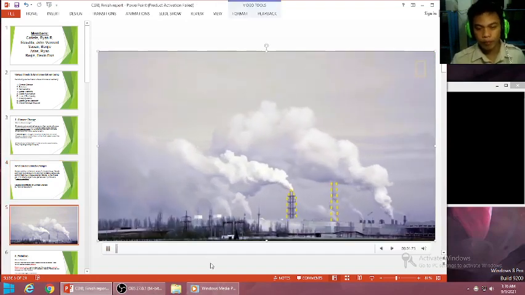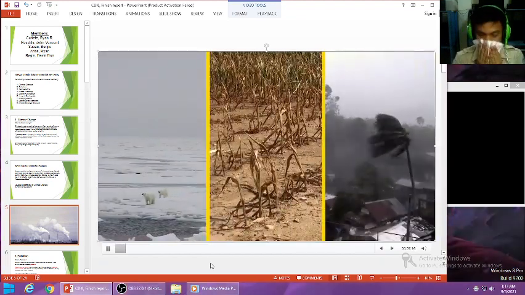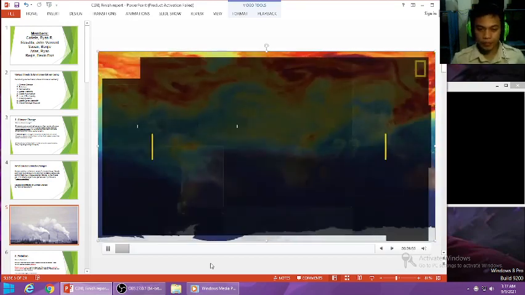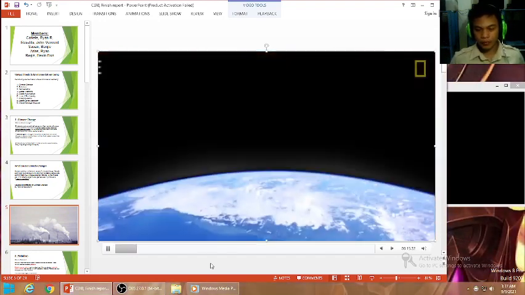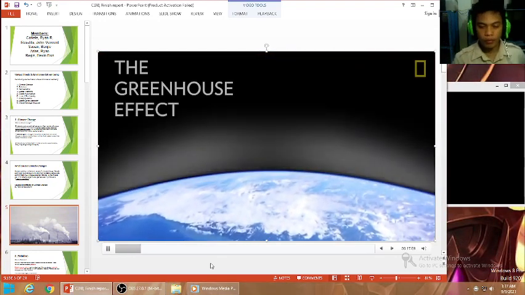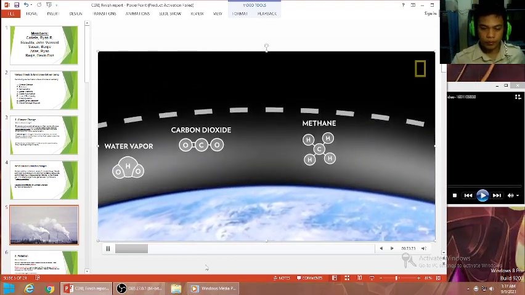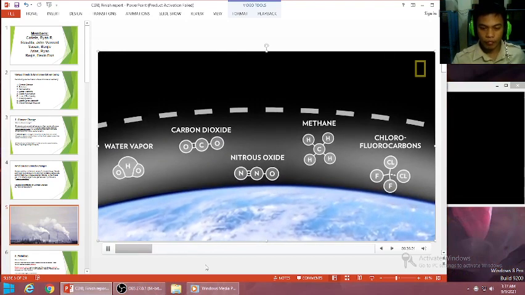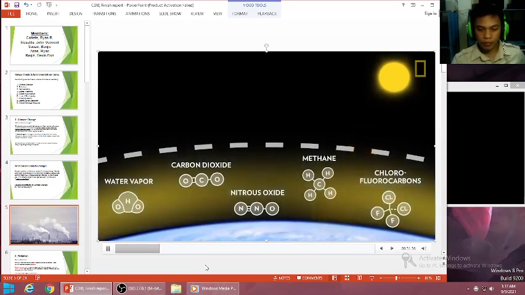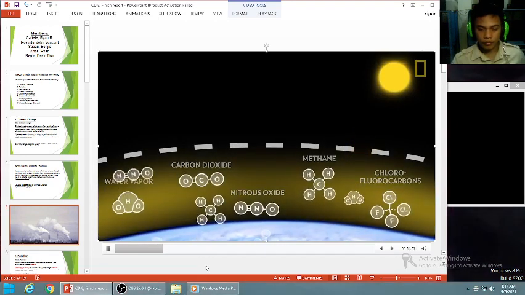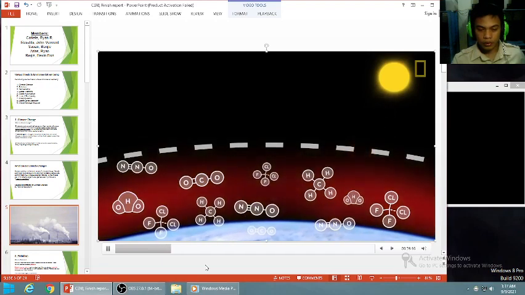Human activities, from pollution to overpopulation, are driving up the Earth's temperature and fundamentally changing the world around us. The main cause is a phenomenon known as the greenhouse effect. Gases in the atmosphere, such as water vapor, carbon dioxide, methane, nitrous oxide, and chlorofluorocarbons, let the sun's light in, but keep some of the heat from escaping, like the glass walls of a greenhouse. The more greenhouse gases in the atmosphere, the more heat gets trapped, strengthening the greenhouse effect and increasing the Earth's